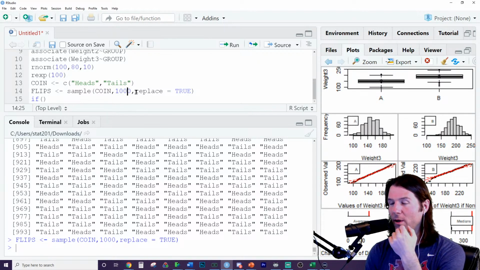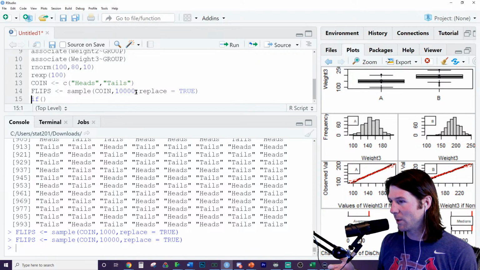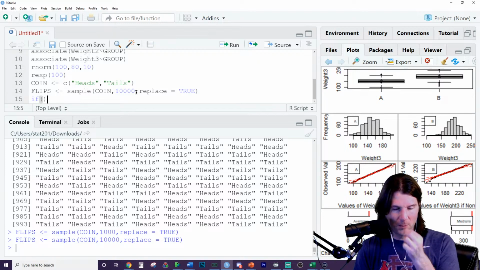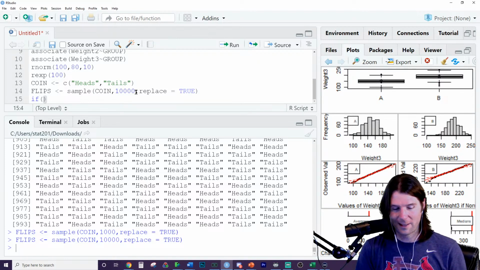What do you think is the longest run of heads or tails you can get in a row? With 10,000 flips, what's the longest run of heads or tails you would get? Do you think you'd get 8 heads in a row, 8 tails in a row, or maybe 10 tails in a row? I think I can write a code to figure this out, and we could do a simulation. This is like brute force simulations right here to figure these things out.